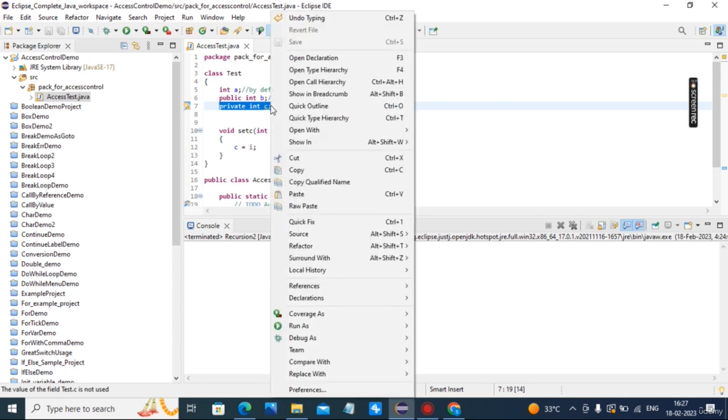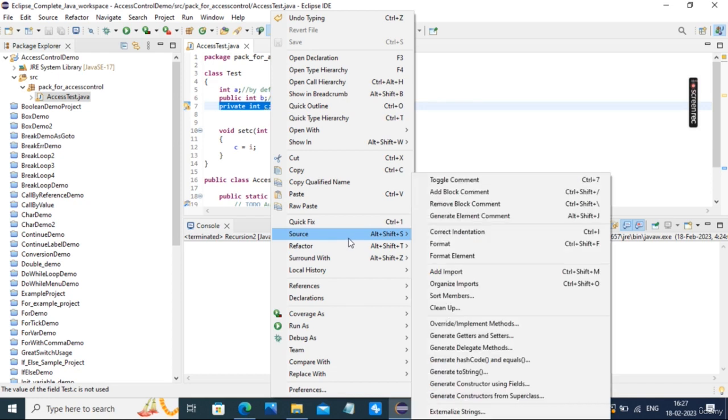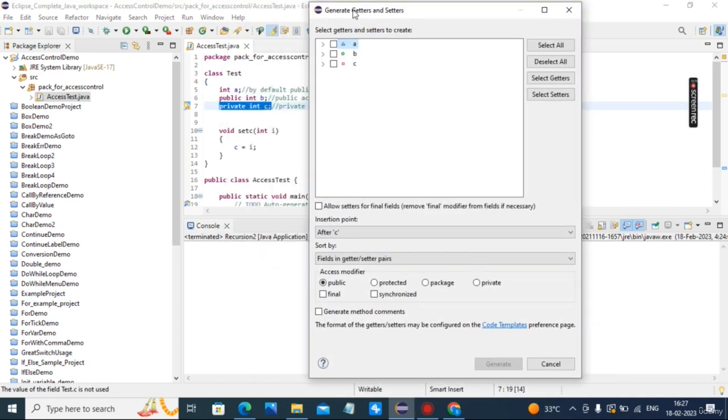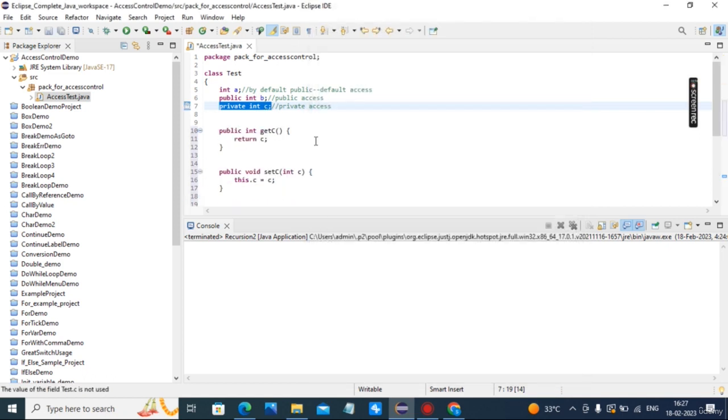Right click, select the variable, go to source and generate getters and setters for variable c, which is private, and click on generate.